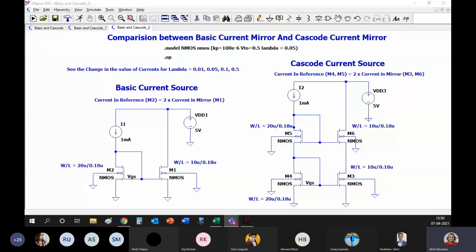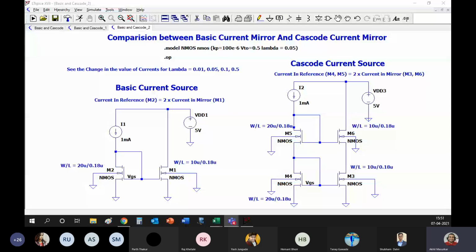That is because you can see that there are two voltage drops across M3 and M6 and supply voltage. So the difference between supply and, if you subtract two device voltages, that is VDS3 and VDS6 from VDD, the voltage left will be lesser. Whereas if you subtract only one VDS out of 5 volts, the difference would be more. So that is basically the voltage headroom.